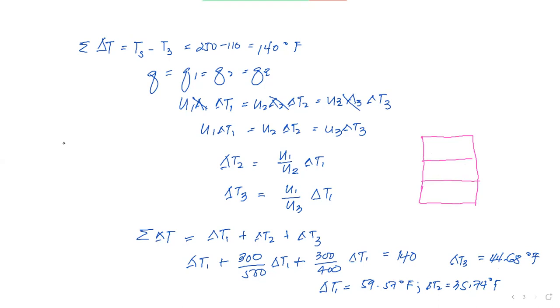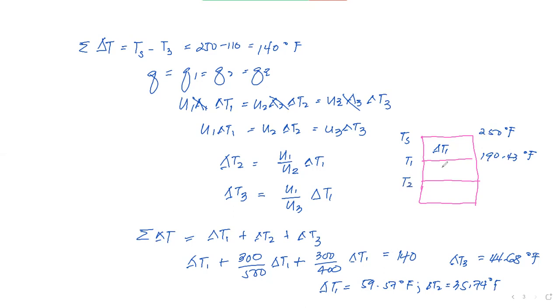The upper temperature in your divided rectangle is the temperature of the steam, which is 250 degrees Fahrenheit. This is the boiling point of the first effect. So what you do, 250, you subtract from it the delta T1 of 59.57. If you can recall how we do it in our HMT, then 250 minus delta T1 should give you 190.43.